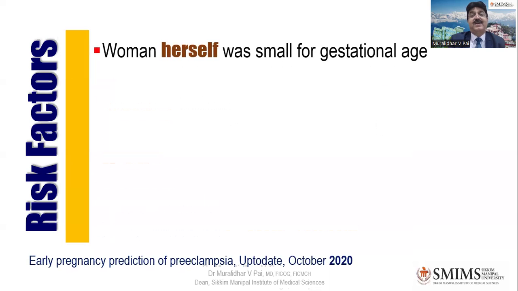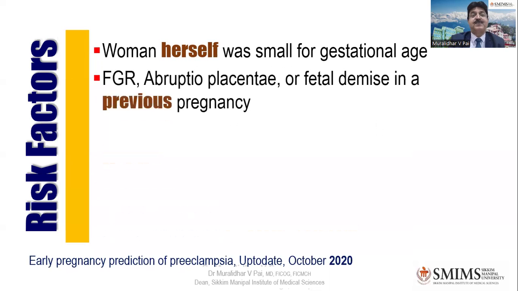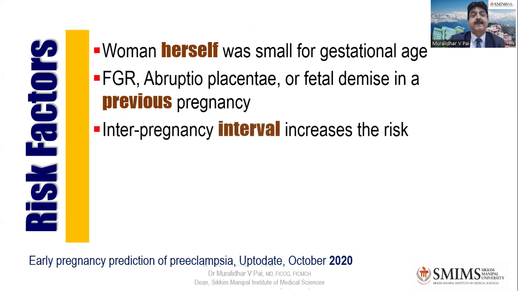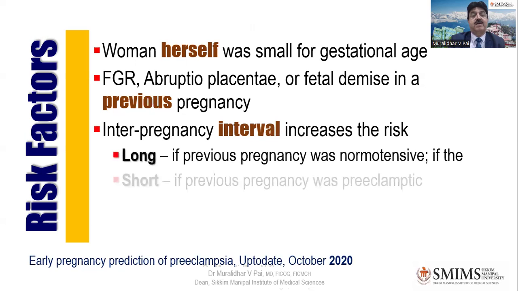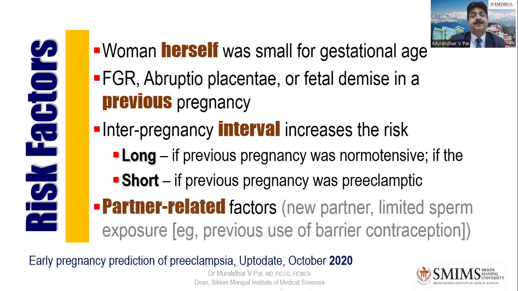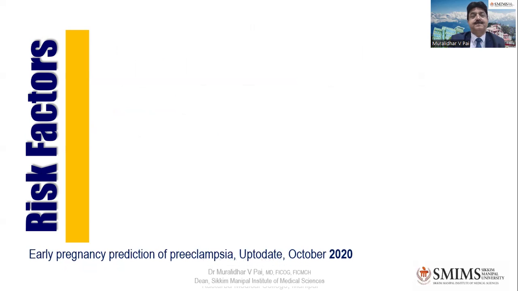Not over, the woman herself was small for gestational age when she was in her mother's tummy. FGR, abruptio, fetal demise in a previous pregnancy in this lady. Interpregnancy interval increases the risk factor if it is long, even if the previous pregnancy was normotensive. If it is short, if the previous pregnancy was preeclampsia. Partner related: if you change the partner, because it's all like the first pregnancy with a new partner, that will